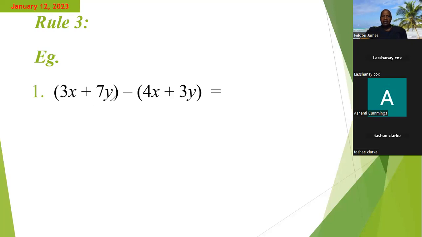Now for the first bracket here, what you notice is that there's no obvious number outside the bracket. But when there's no obvious number outside the bracket, imagine that you have